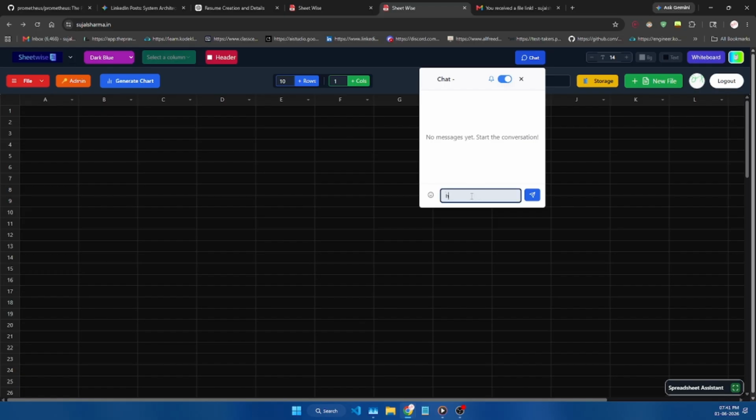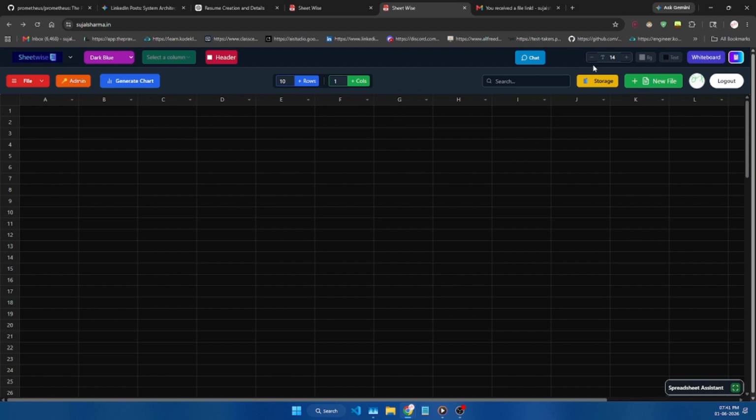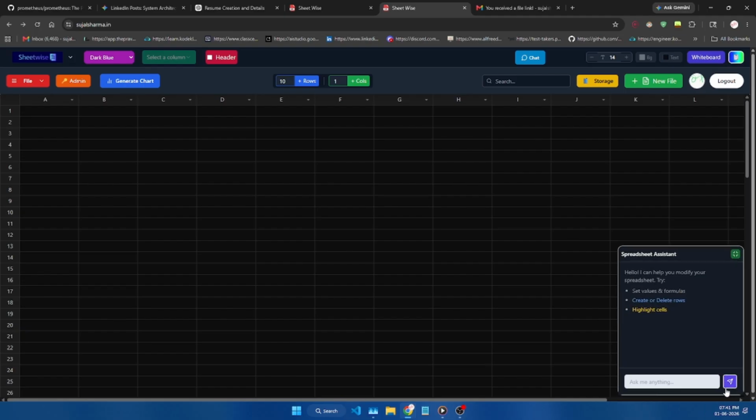You can chat, and the other person who has opened this file, or all the collaborators working on this particular file, will see the chat, will see a pop-up over something here like that. And the assistant, it's an assistant for the file. It has the context of the file.